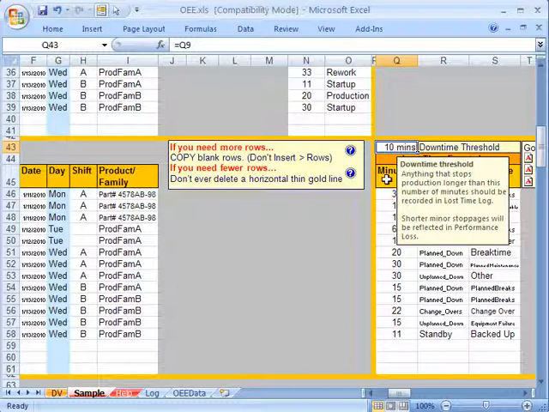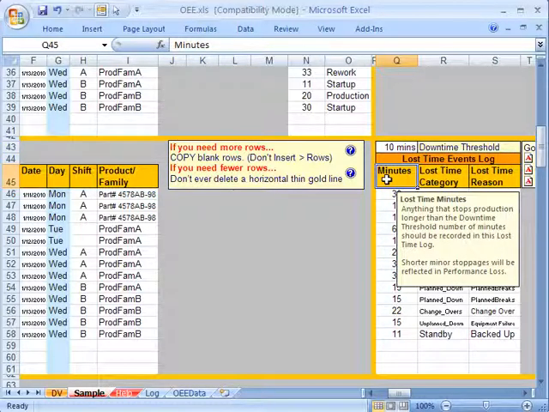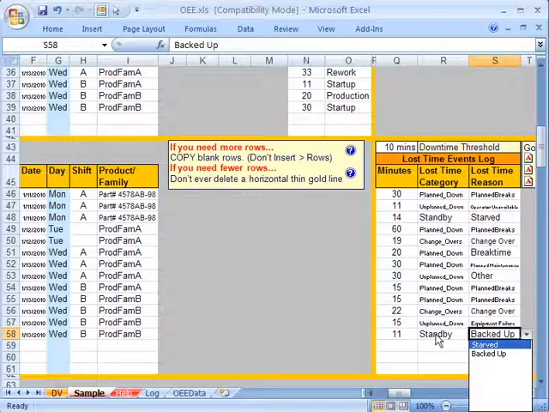In other words, if you just need a quick run to the restroom, that's going to be recorded in performance loss, but anything longer than this downtime threshold needs to be recorded as a line item in this section of the log. And notice that if your downtime category is standby, then the lost time reason codes are either backed up or starved.